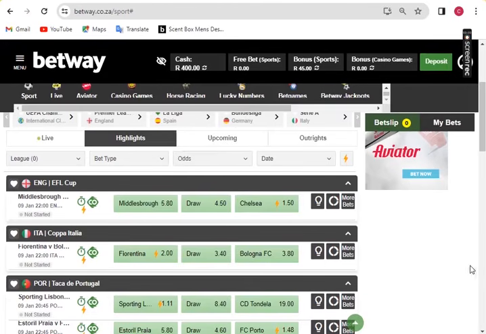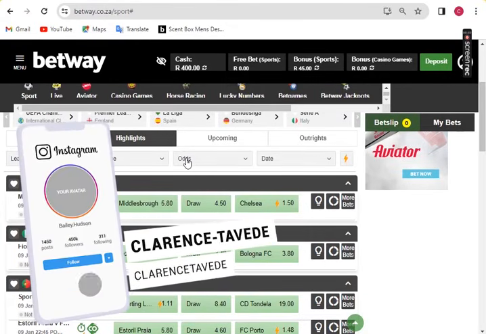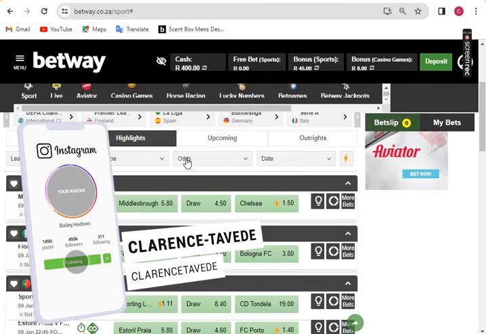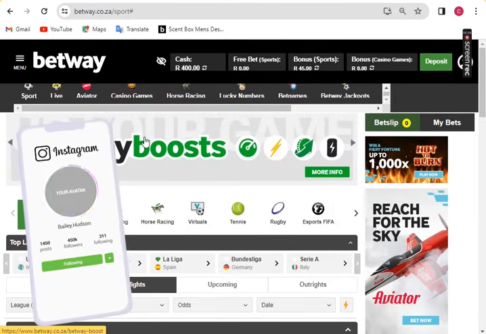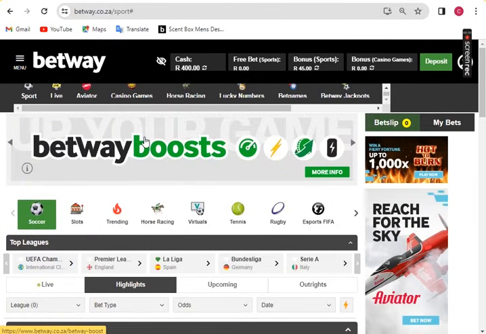And today I'm going to show you how to use Betway, strictly how to use Betway, and I'm going to focus mostly on the most important things that you need to know, most especially if you're a beginner. So after you sign up with Betway and after you deposit your money, or if you get a free bet,